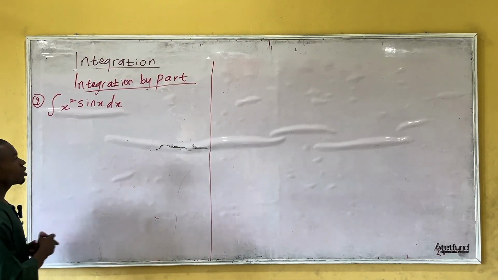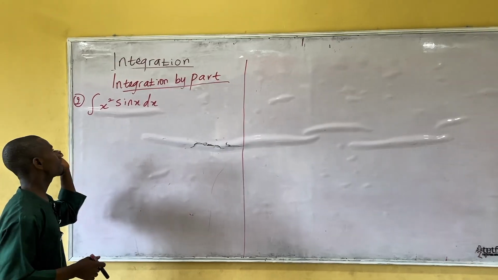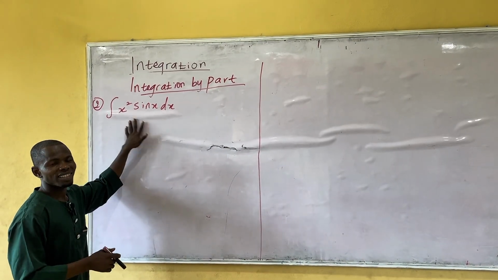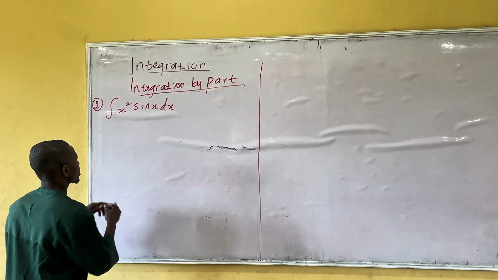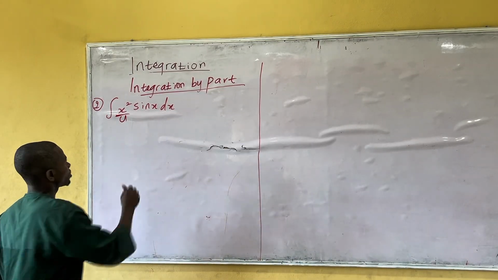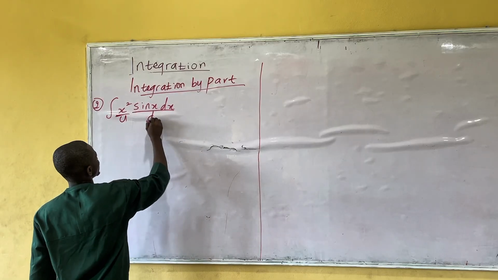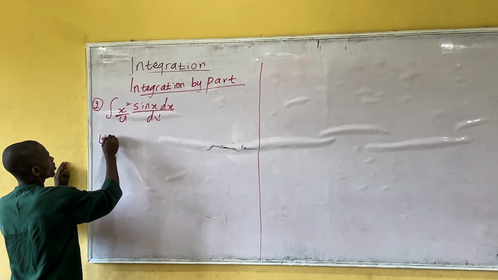So this is the second question for integration by parts. The question says the integral of x squared sine x dx is still integration by parts. Why? By the nature, this is my u, and this is my dv. So if my u is x squared,